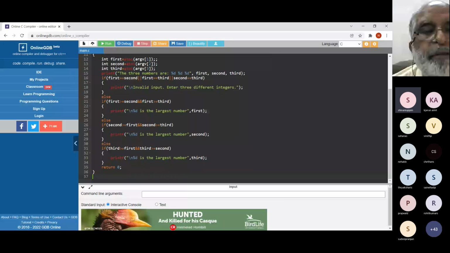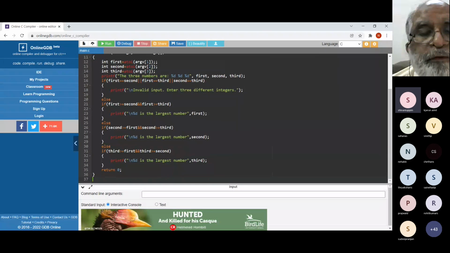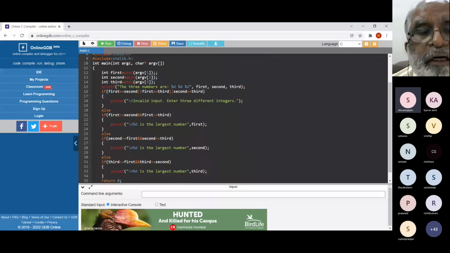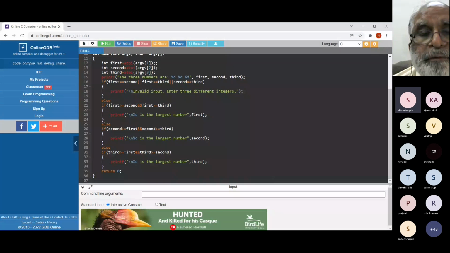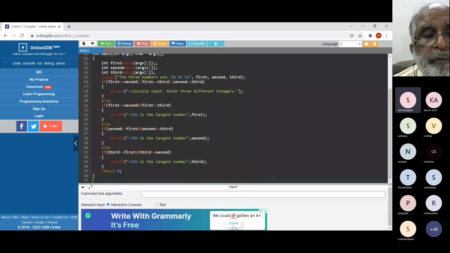3 parameters are A, B, and C, which is fine. You are saying first is equal to second, or first. So which question is this? Are you attempting? So this is comparing 3 integers and seeing which is the maximum of them. So why is the first line, why are you comparing for equal? Is first equal to second? What would that give you?